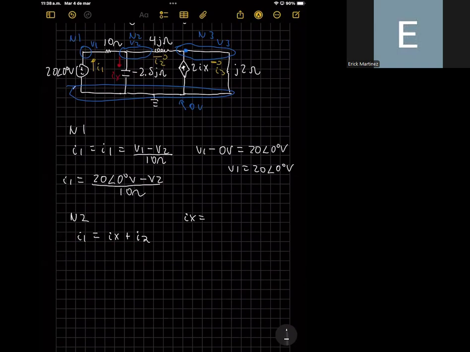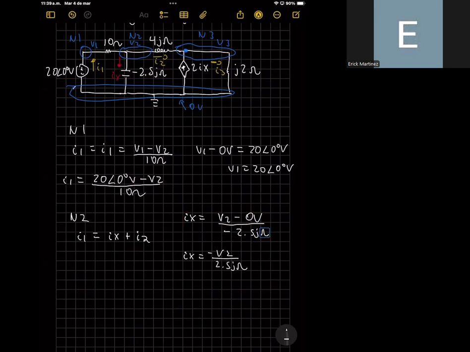So we can compute the voltage of the capacitor as the difference in voltage between node number 2 and the reference node. So the voltage in this capacitor is V2 minus 0 volts, and this is divided by the impedance, that is minus 2.5 J ohms. So Ix is equal to V2 divided by